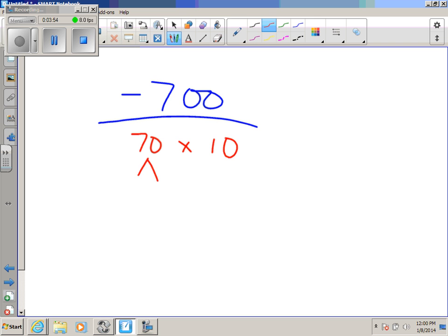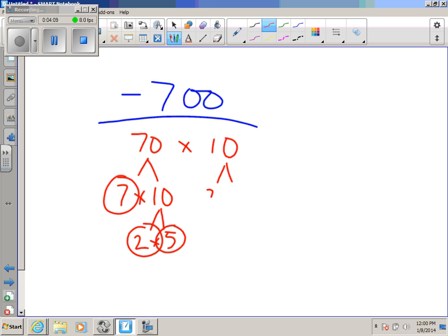From 70, if we go 7 times 10, we can circle the 7 as prime, and the 2 and the 5. That 70 is now done. I can focus on the 10, 2 and 5. Okay? So that would give us, Mark,